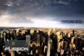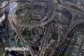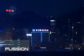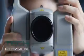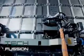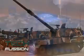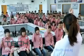Well, here's the secret. Samsung is actually made up of 80 different businesses and affiliates. These businesses are commercially and legally independent, but unified by sharing a single philosophy. Here are some of them. Under the category of engineering and construction, we have Samsung Engineering and Construction, Samsung Trading and Investment, and Samsung Heavy Industries. For electronics, we have Samsung Electronics, Samsung Electromechanics, TechWin, a military arm, Samsung Mobile Display, and Samsung Digital Imaging,